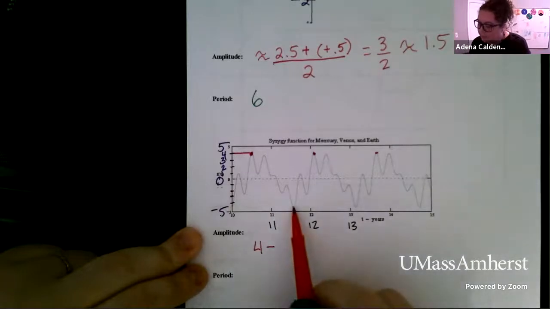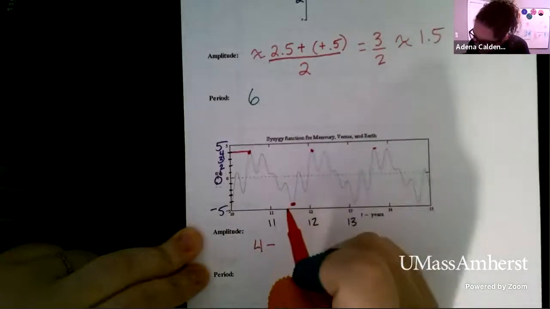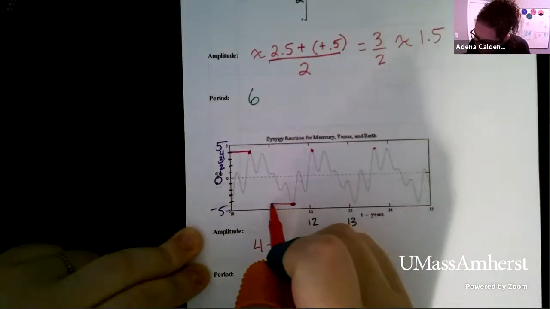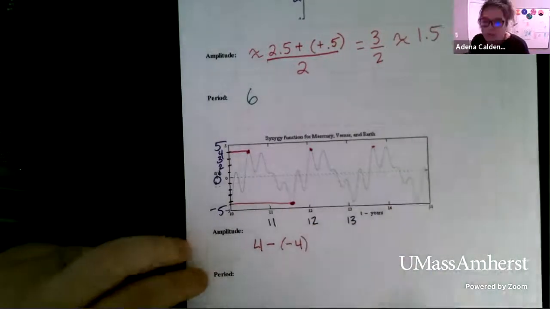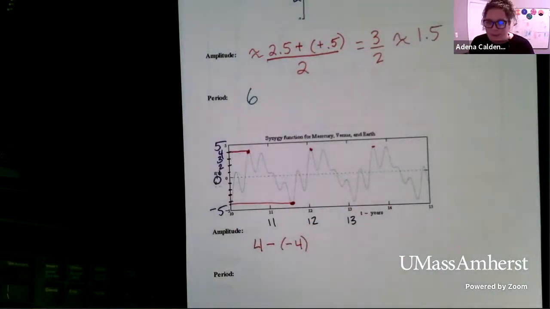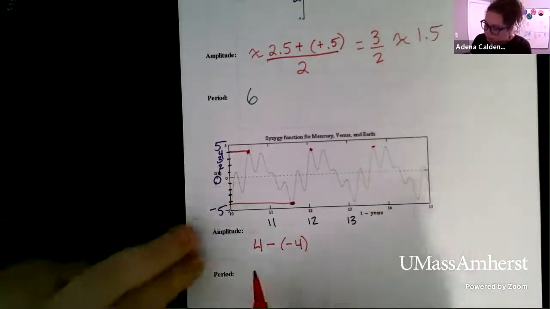And then for the minimum, you see we get this sort of really big dip. Okay, and so here, if we bring that over, I called this negative 4. And again, if you didn't use 4 and negative 4, but you did something relatively close, that's totally fine. If you did like 4 and negative 3.5 or 3.5 and negative 4, as long as you're close to that.